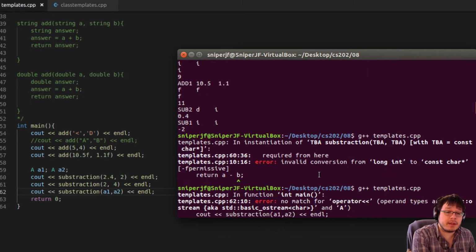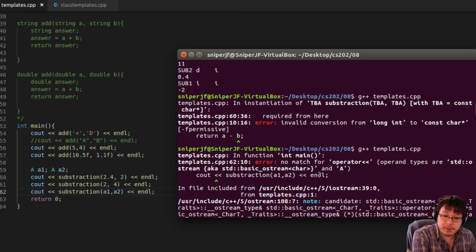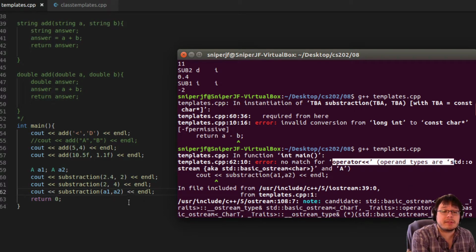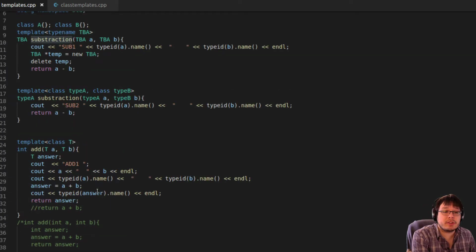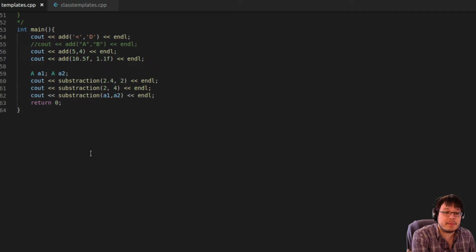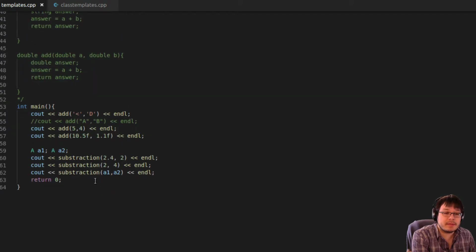This is probably complaining from the type ID thing, because there's probably no way of easily getting that. But no match for operator subtraction of the types. Oh, that's the other problem. When the subtraction returns a type, that type is of a class, and yet again, that is an issue. So here, let's get rid of that one for now,